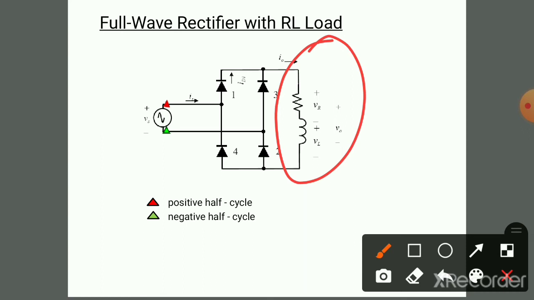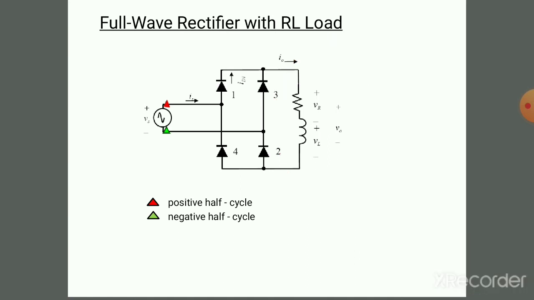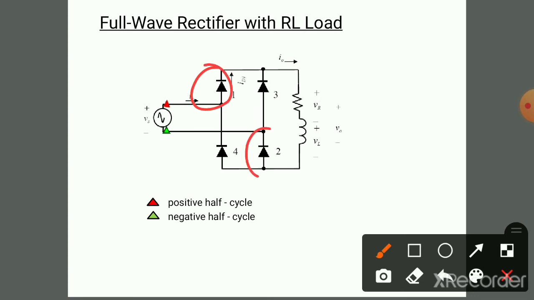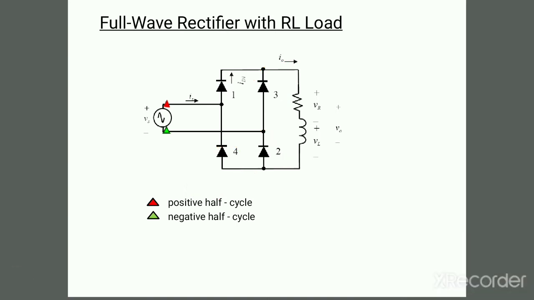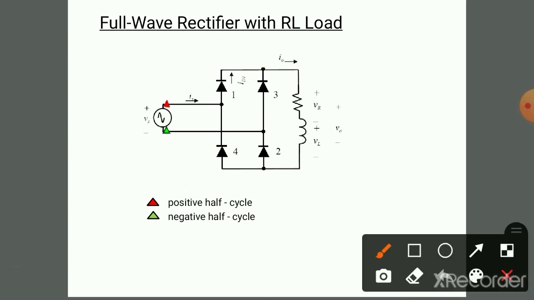With R load and RL load, there is a small variation in the current. You can observe the variation in the waveforms of R load and RL load. I'll show you the waveforms of this RL load also. The working principle will remain the same. During the positive half cycle, diodes D1 and D2 are acting. During the negative half cycle, diodes D3 and D4 are acting. I hope the current flow is already indicated in the previous one. I will show it one more time if you want.